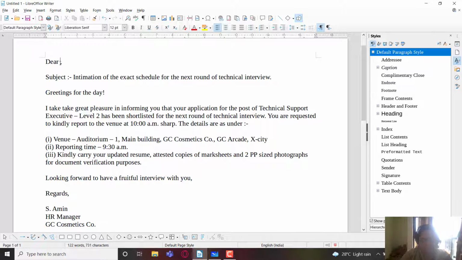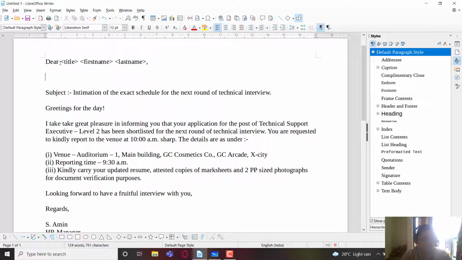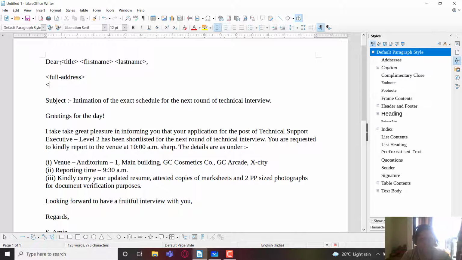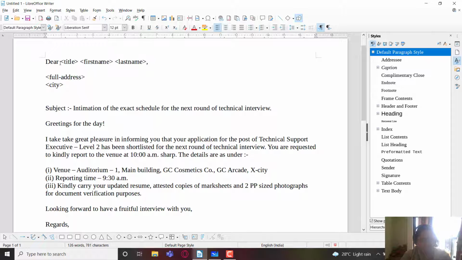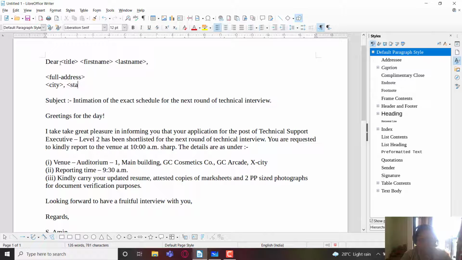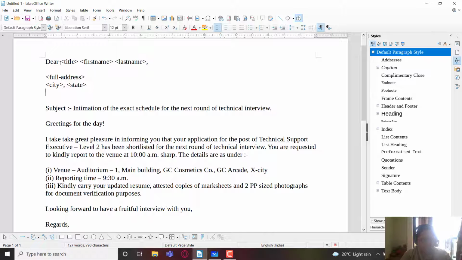So this area would contain the title followed by the first name followed by the last name, and then the full address of the candidate, then city and state, and phone number.